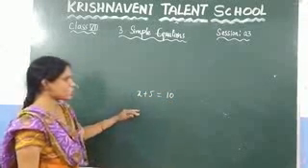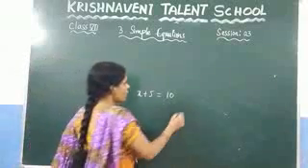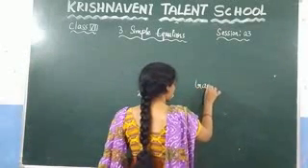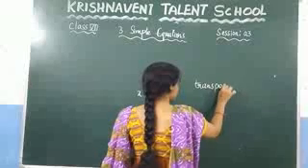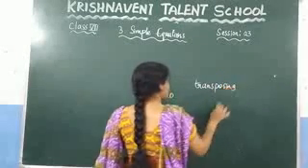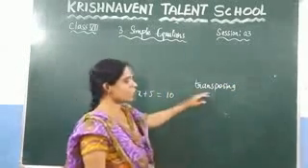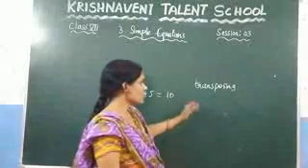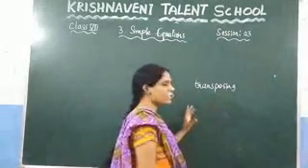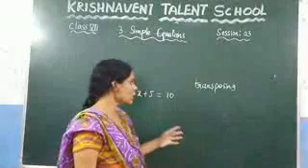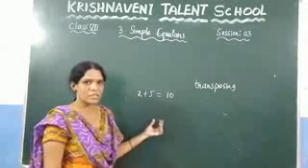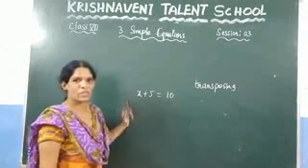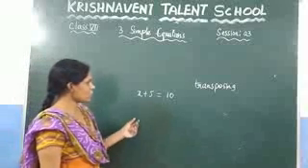Let us solve this equation by using the two methods. Firstly, what is meant by the transposing method? The name itself says it. You know the meaning of trans is nothing but changing. So transposing is nothing but changing the position. Here you need to change one position such that you can find the value of x.